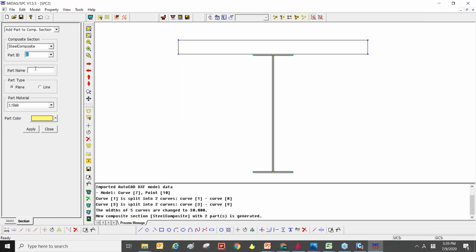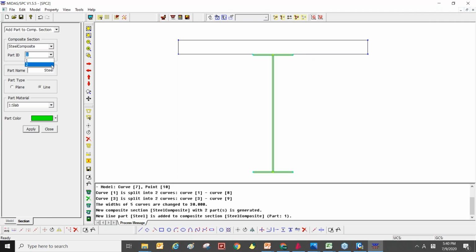I will start with part one. Part one is steel, and it is the line type. You can change the part color, but it is not important. Just select the steel girder and click apply.